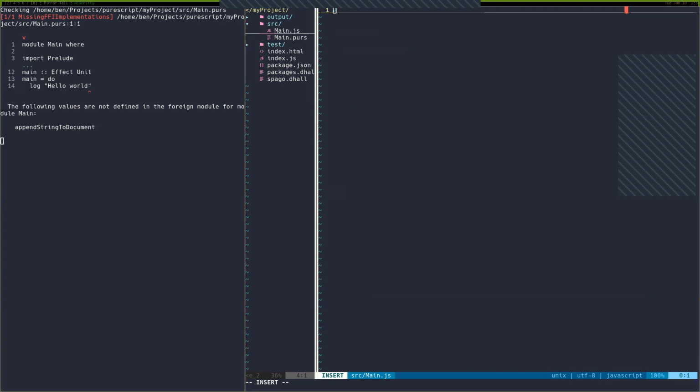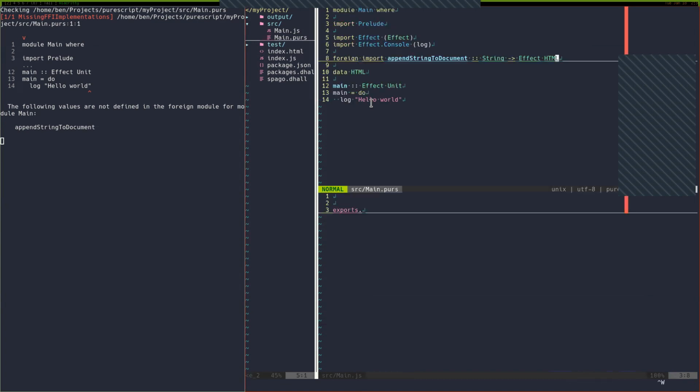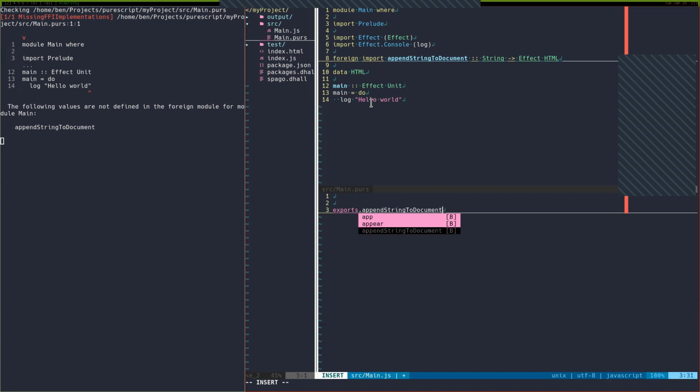What do we want to put here? Well, we want exports. I'm just going to bring this down a few lines so it's easier to see. But exports dot, let's see, what did we call that? Append string to document. There it is.